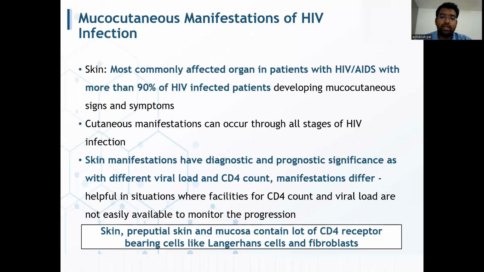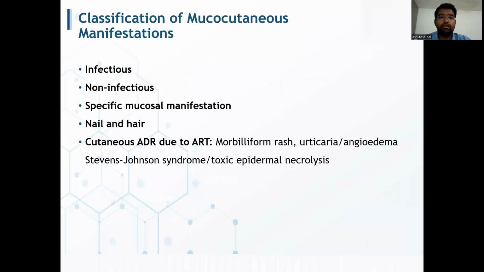Skin manifestations have diagnostic and prognostic significance, as manifestations differ with different HIV viral load and CD4 count. It is helpful in situations where facilities for CD4 count and viral load are not easily available to monitor the progression. The skin and mucosa contain a lot of CD4 receptor-bearing cells like Langerhans cells and fibroblasts. Classification of mucocutaneous manifestations: it can be either infectious, non-infectious, specific mucosal manifestation, nail and hair,